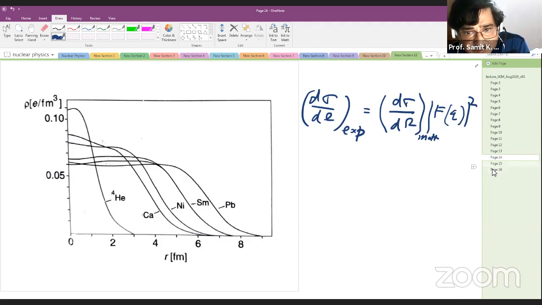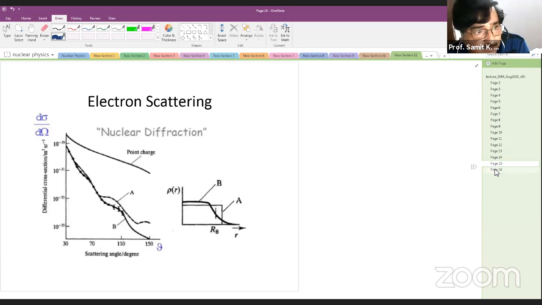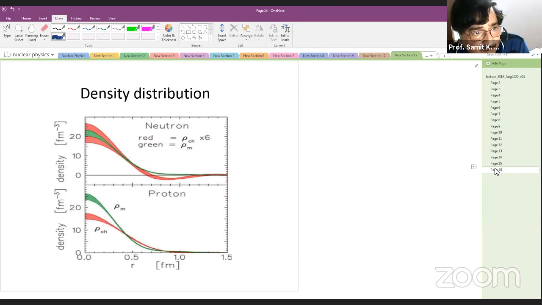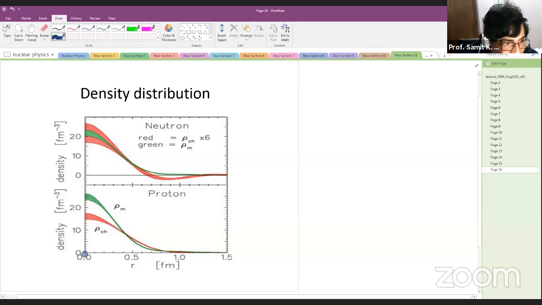So some of the results you can see here, how the distribution looks for the proton case. If you consider only the proton distribution and use the electron scattering experiment, you can see this is from two types of distribution. This one is the charge distribution, mentioned by red color here, and then you can get the matter distribution, which is quite different from your charge distribution inside,